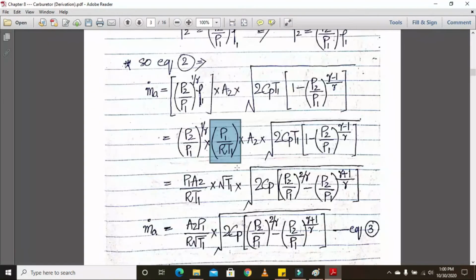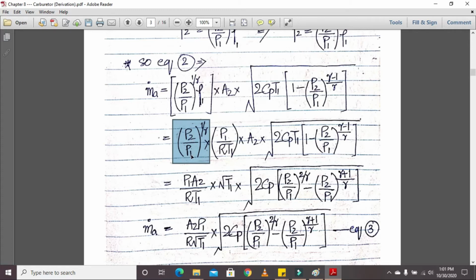Now, another thing in the next step which we need to understand here is, we are taking this p2 upon p1 to the power 1 upon gamma inside the square root. We are taking this p2 upon p1 to the power 1 upon gamma inside the square root, where the power